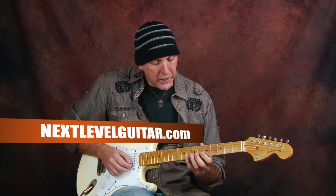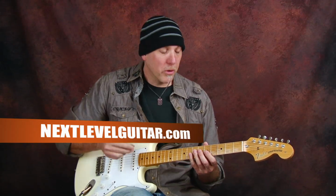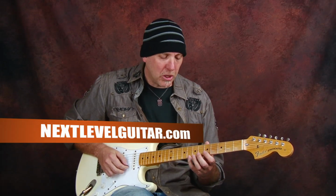Right? And then on the B string, you can bend it with your first finger just to stay in position. Now, generally, you want to bend strings with as many fingers as possible. You have more strength, more accuracy. But in this instance, to stay in position as you're learning the scale,